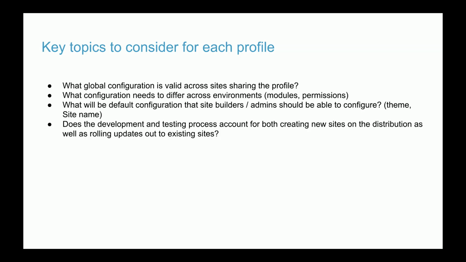And so it's things like, what global configuration is valid across this band or this layer of sites? And not only is it valid, but where may configuration need to differ across sites or environments? So this could be something like, do you need a different search index in test? Or if you're using a product like Acquia Content Hub or something like that, you probably don't want to lose your production content. Those are things that I think can be a bit difficult to wrangle,